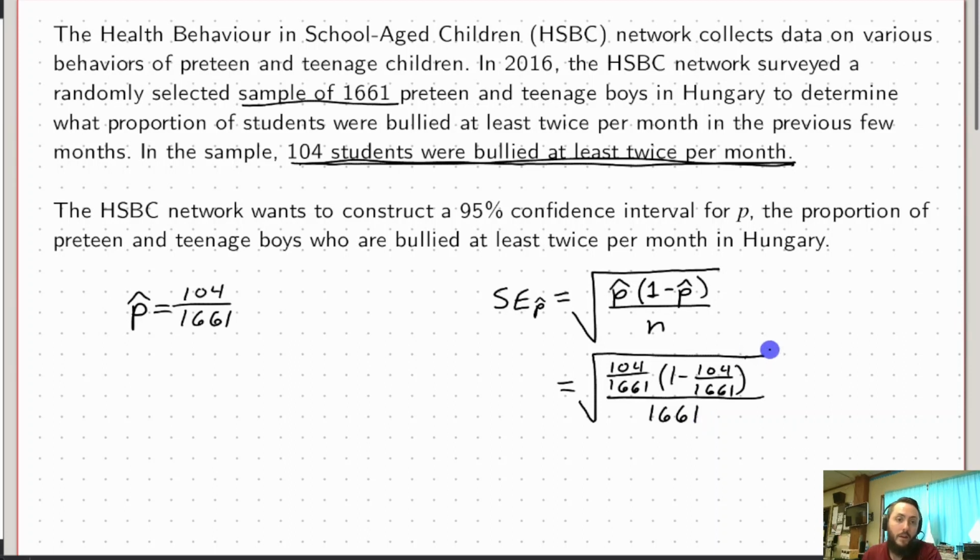This one, sure, why not, let's convert these to decimals. But whenever we do a calculation, we should leave it as the fraction until the very end. So 104 out of 1,661